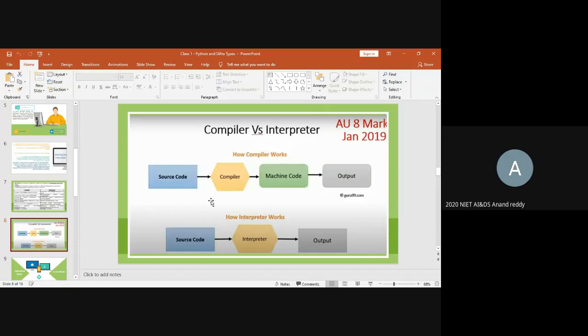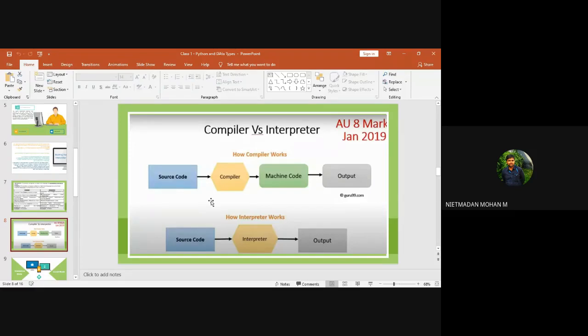For the interpreter, can you explain one more time, sir? So compiler, have you understood that? Yes, sir. In the compiler, if you are going with the source code, it will compile that code into machine code, which the machine can understand, right? Yes, sir. After that, the machine will process it and produce the output. This is the compiler.